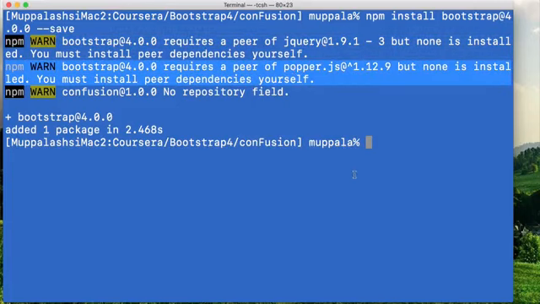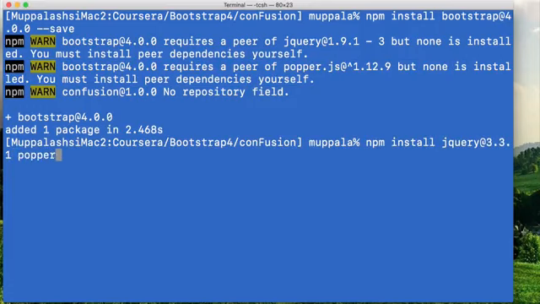So let's go ahead and install both jQuery and popper.js into this project folder. So to do that, at the prompt, type npm install jquery@3.3.1 and popper.js@1.12.9,